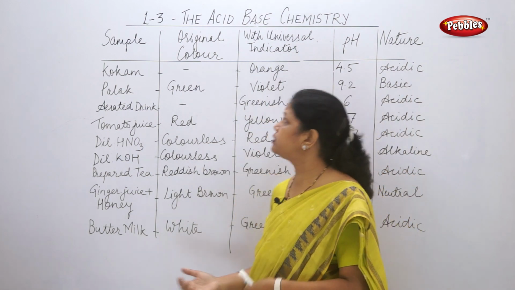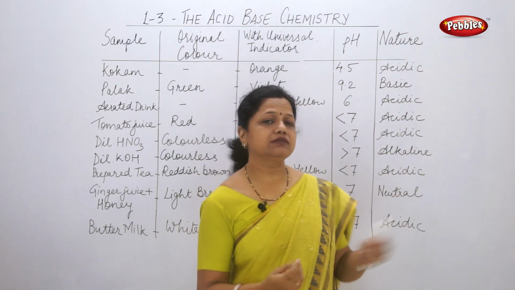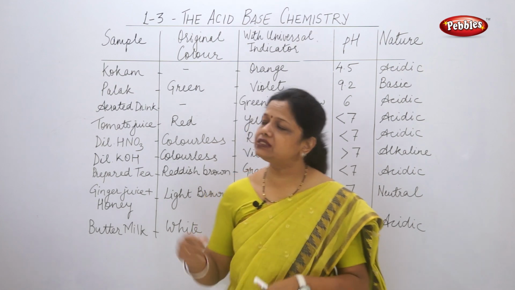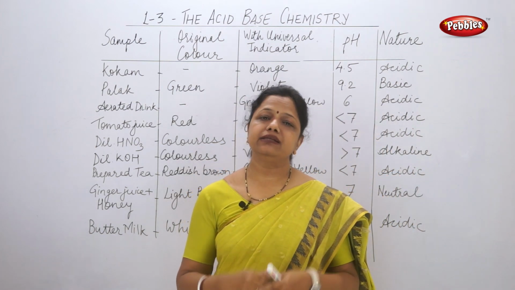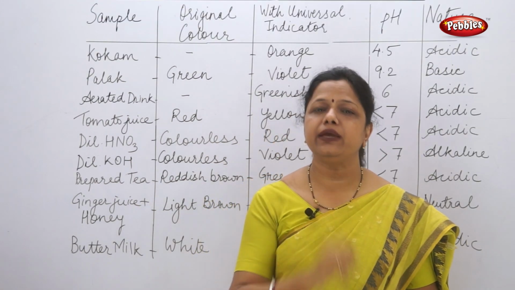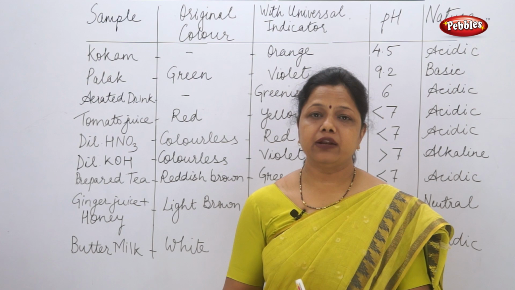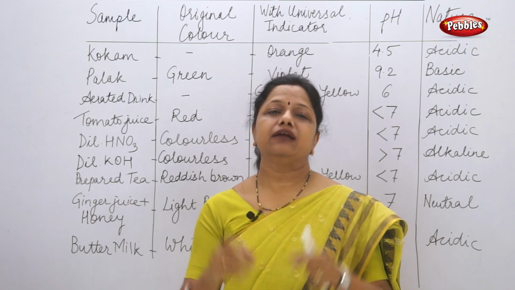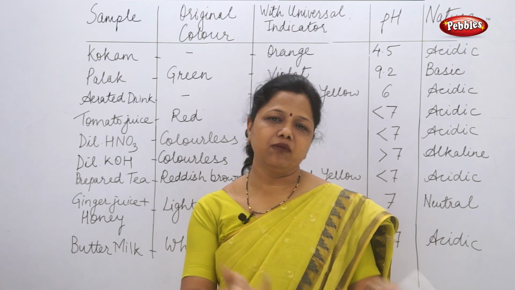So this helps us to come to know what is the pH value of any substance given and what is the nature. And this is possible because universal indicator is made from combinations of all the types of indicators and it is easy to use. You must have seen in advertisements also where they are claiming that this particular soap has pH value 7 and all other soaps are basic in nature. This is an indication that a neutral soap is not harmful for your skin, but the other soaps are harmful for your skin.